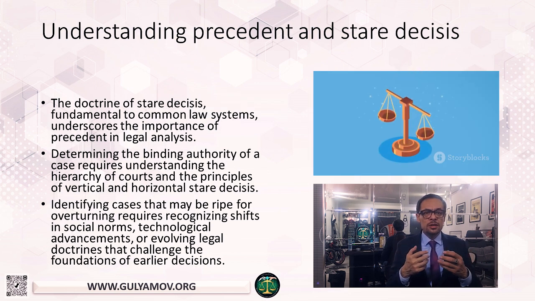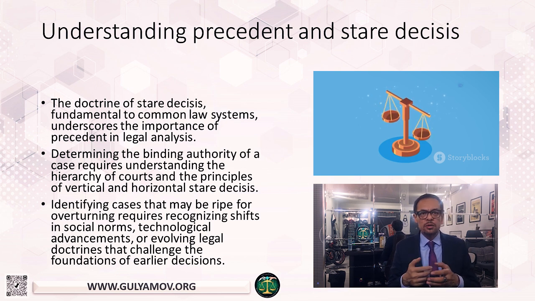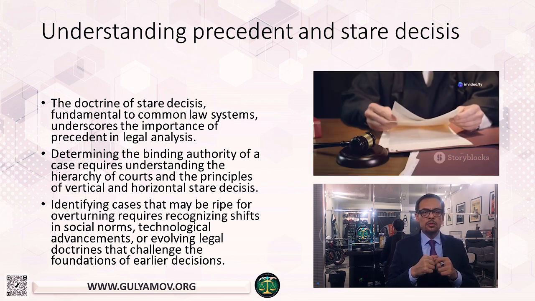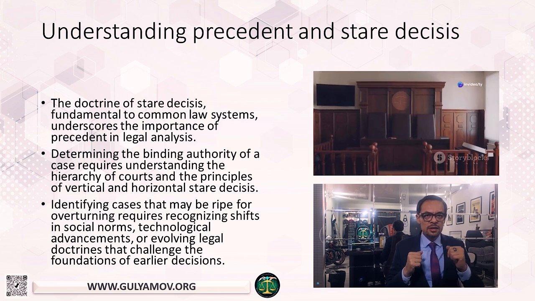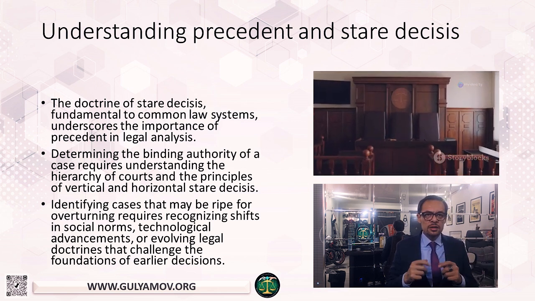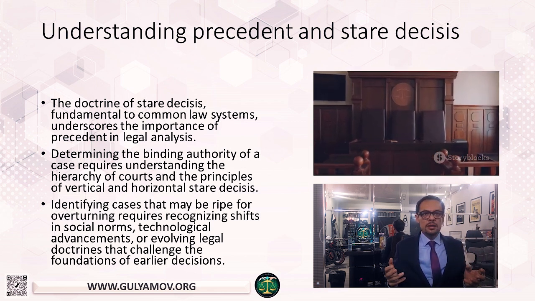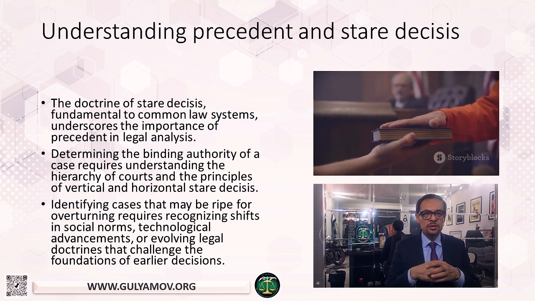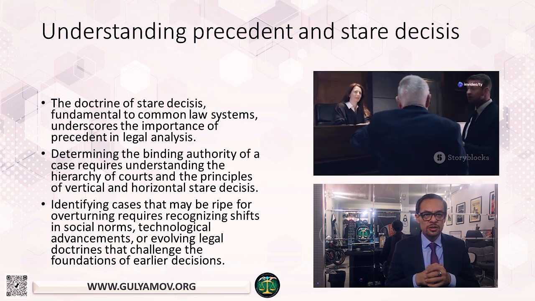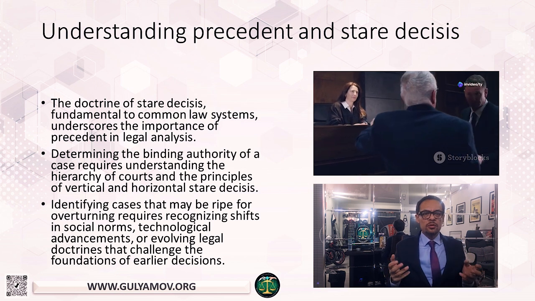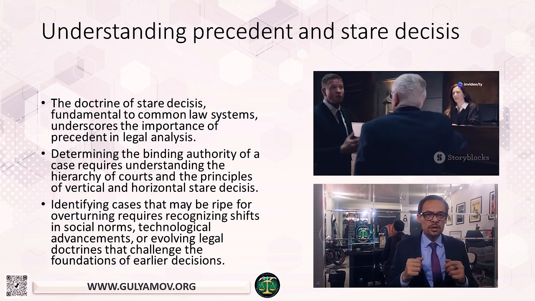Understanding precedent and stare decisis. The doctrine of stare decisis, fundamental to common law systems, underscores the importance of precedent in legal analysis. Determining the binding authority of a case requires understanding the hierarchy of courts and the principles of vertical and horizontal stare decisis. For instance, in the U.S. federal system, district courts are bound by circuit court decisions within their jurisdiction, while circuit courts are bound by Supreme